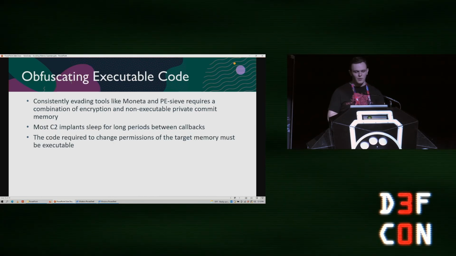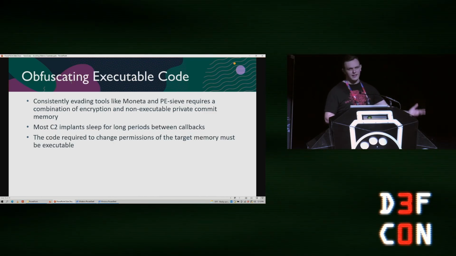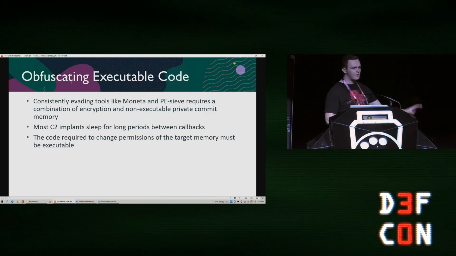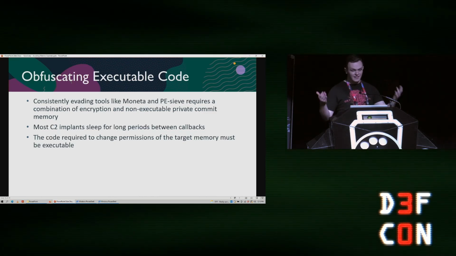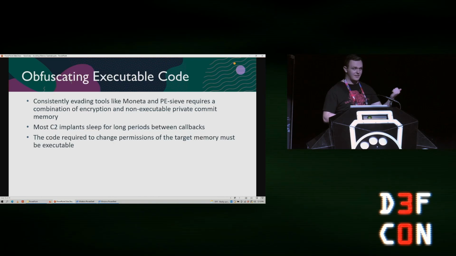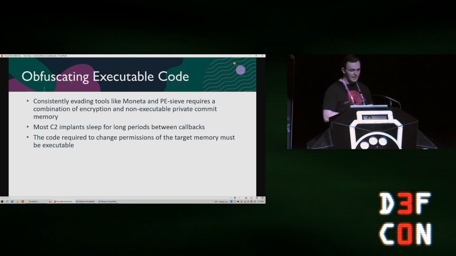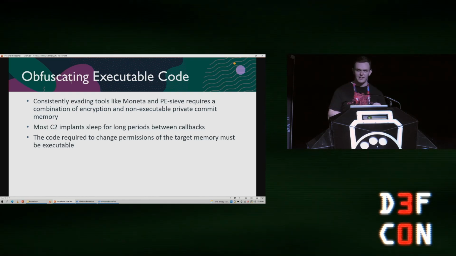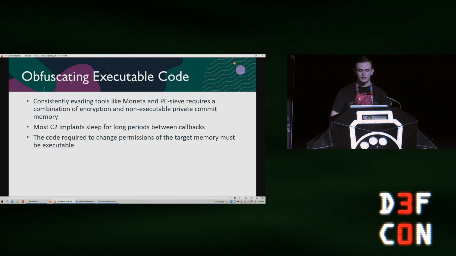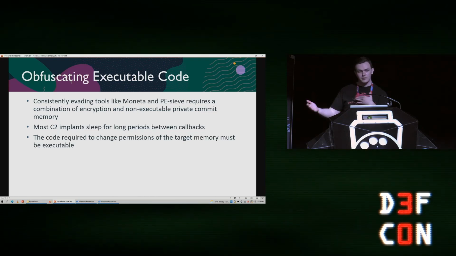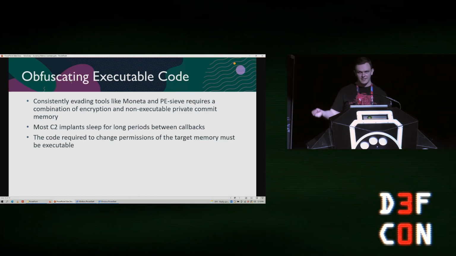Now that we've done that, we want to look at Yara rules that target Cobalt Strike itself. Cobalt Strike, sure, allocates some dynamic memory and we want to encrypt those things, but there's also the entire implant itself sitting in memory that there are plenty of Yara rules for. Almost all those Yara rules that I have in that text file are for that itself, not for things it's going to allocate. And so being able to consistently evade all of those Yara rules and tools like Moneta and PE-sieve is going to require us not only to encrypt all of the data associated with our implant, but also put it in non-executable memory.